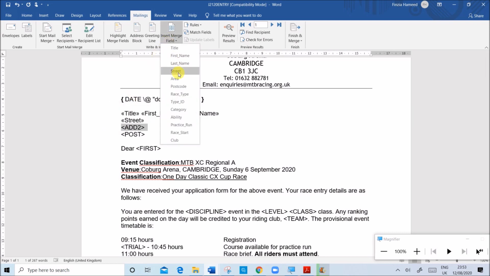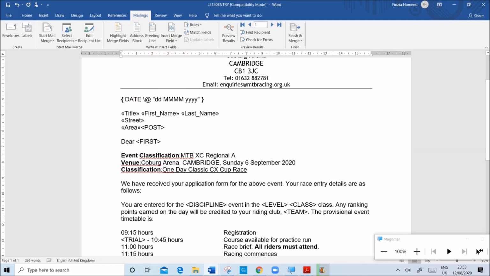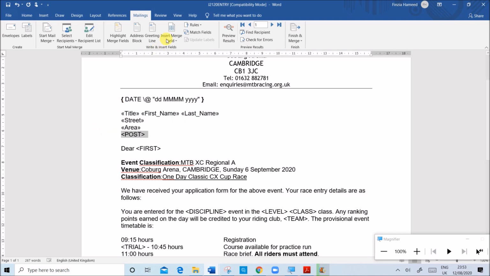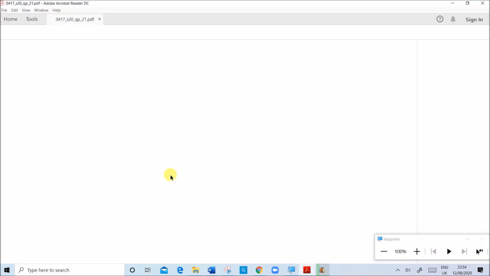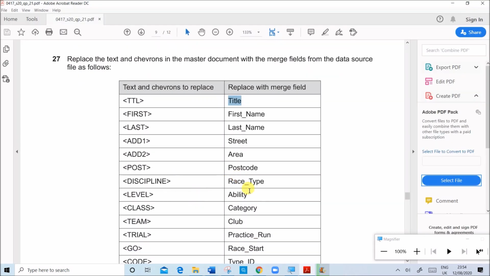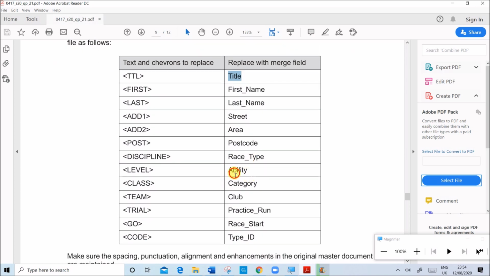area, postcode, now first means the first name again, discipline is the race type. Level is ability.